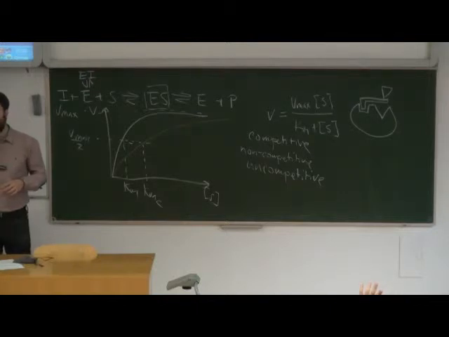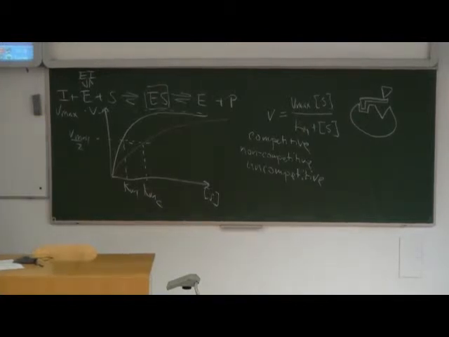Yeah? I think it will go down because now you can have an infinite amount of substrate, but at the same time you can have an infinite amount of inhibitors because they bind in different sites. No. We don't have an infinite amount of inhibitor. The amount of inhibitor is finite and stays the same during the analysis. This is very important. We have a fixed amount of inhibitor and we increase the concentration of substrate.